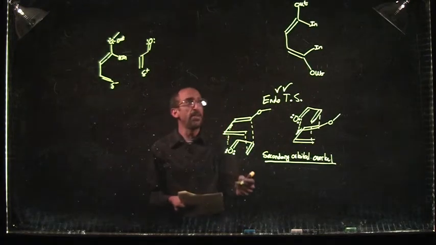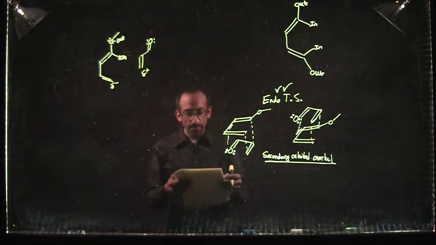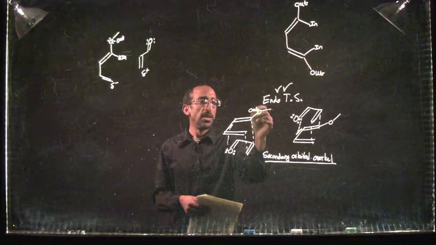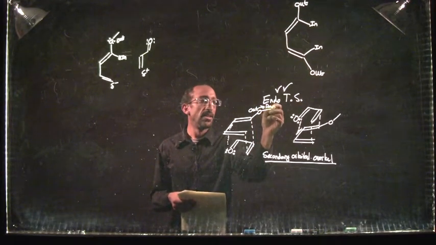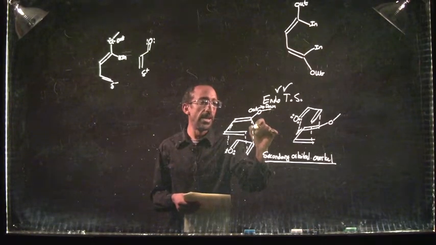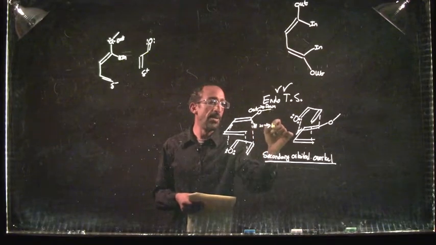So what we can remember is that for a bottom face approach, right, whatever is out will end up down, and whatever is in, so here now we have a hydrogen that's in, is going to end up